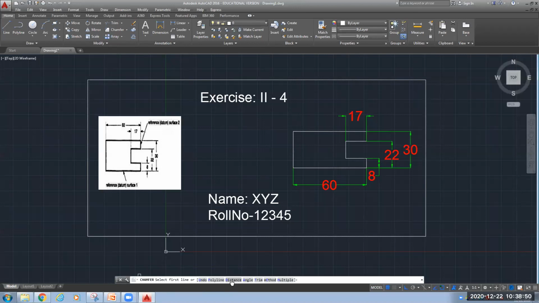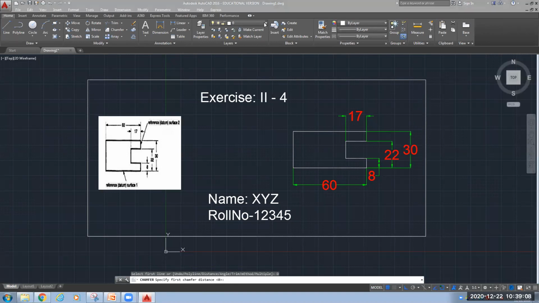So we need to specify the distance. Here you can see at my mouse cursor, distance is shown. So click on distance. By default, the distance is 0. Suppose I want to cut it. Let me show you using annotations. I want to cut out this corner. So how I will do? I want to make a cut like this. So this corner will be looking like this now.